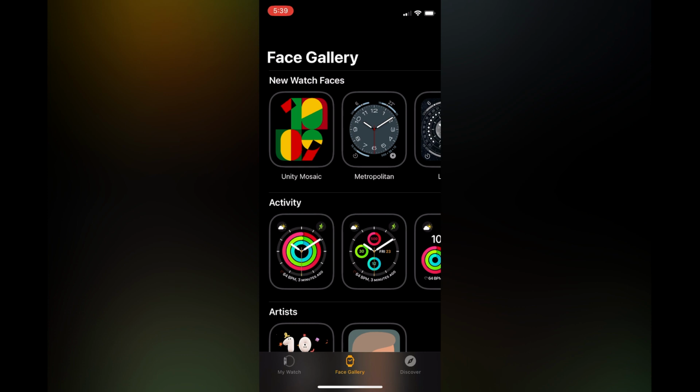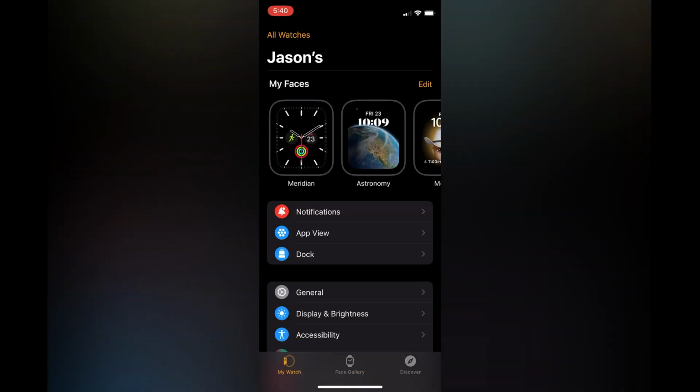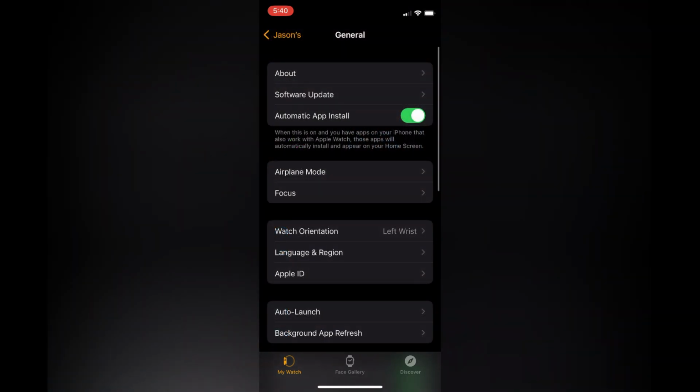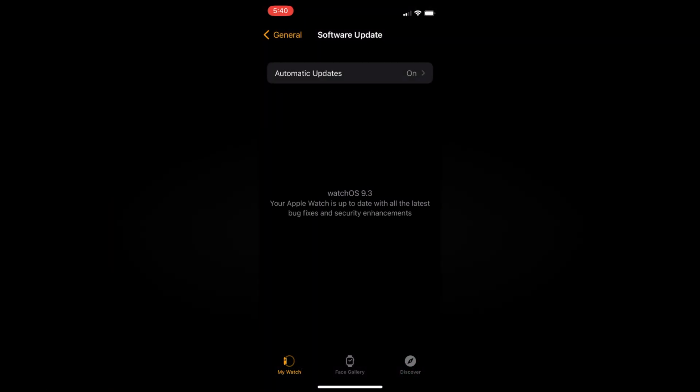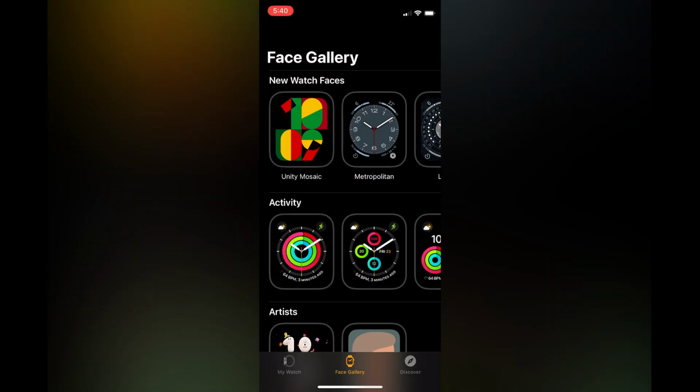If you do not see it when you go into Face Gallery, what I recommend you do is tap on My Watch in the bottom left hand corner. Then you are going to select General, and from here you are going to tap on Software Update, the second option from the top, and you are going to check if an update is available, and you are going to update your Apple Watch. After you have updated it, you are going to go back into Face Gallery, tap on